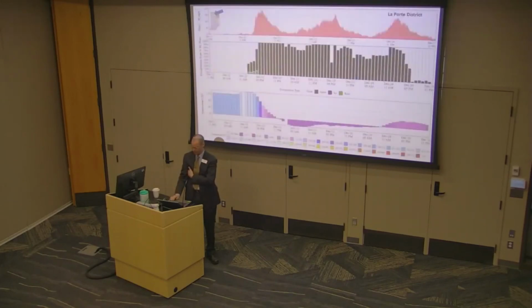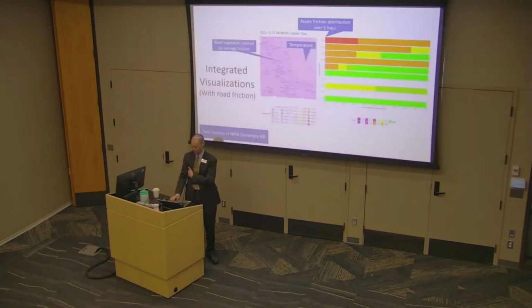It's really a good lead in. This is some work that Justin's been doing with Howell, another colleague at Purdue, where we're looking at friction data coming in from the vehicle. So when we start talking about some of those enhanced data elements, that's why I really want to be in the car. I want to know ABS, I want to know traction control, I want to know hard braking, hard acceleration. So let's look at, we did this with Near Dynamics,